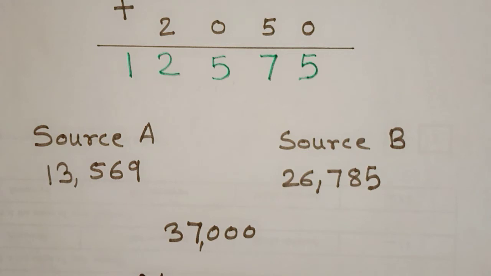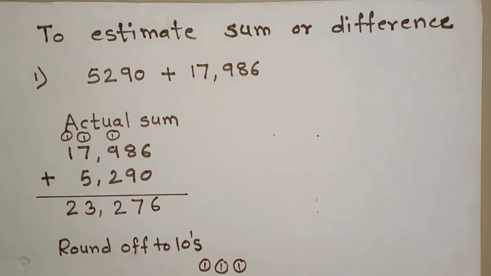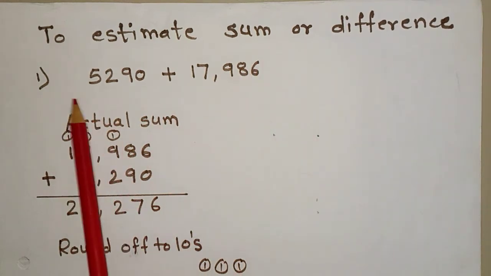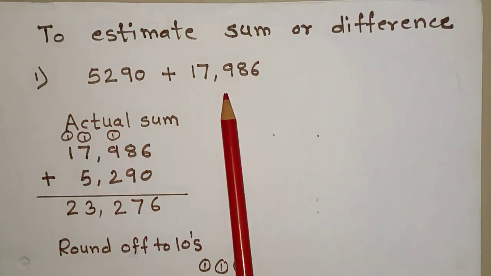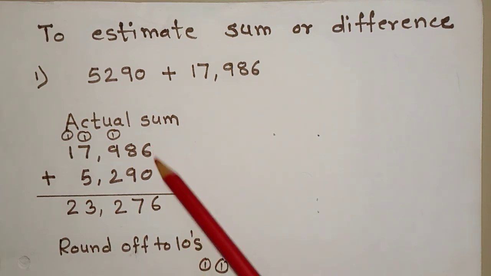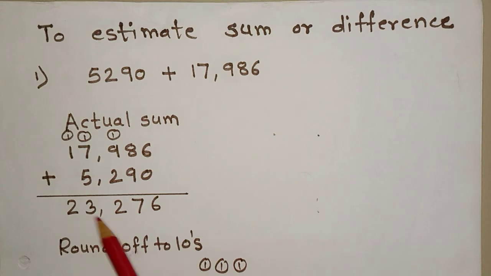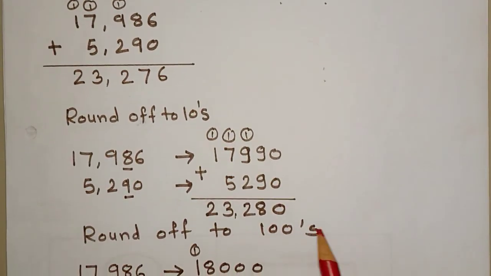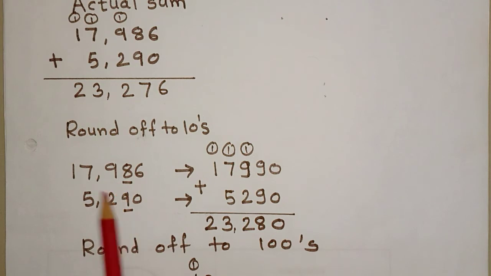Now let's see how to estimate a sum or difference. I have written one example here. Now let's find out its actual sum. When adding this, my actual answer is 23,276. Now let's estimate this sum. First, let's round off to the nearest tens. So 17,986 becomes